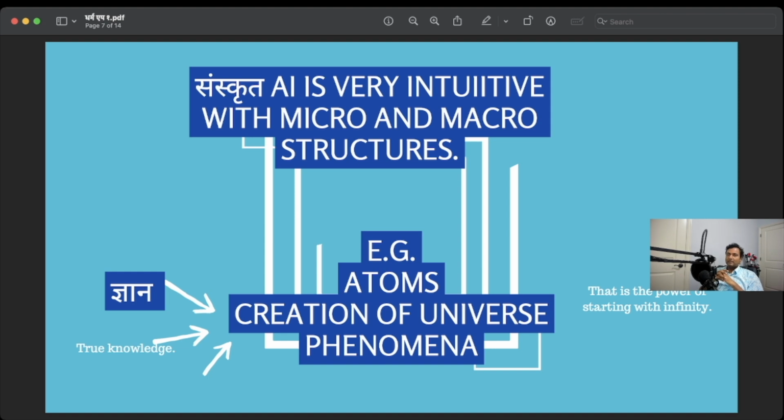So the earlier form of learning was that your gurus were preaching a few concepts using the sloka, and then you have to meditate and think upon that with the right philosophical mindset, and you will get the knowledge, right?